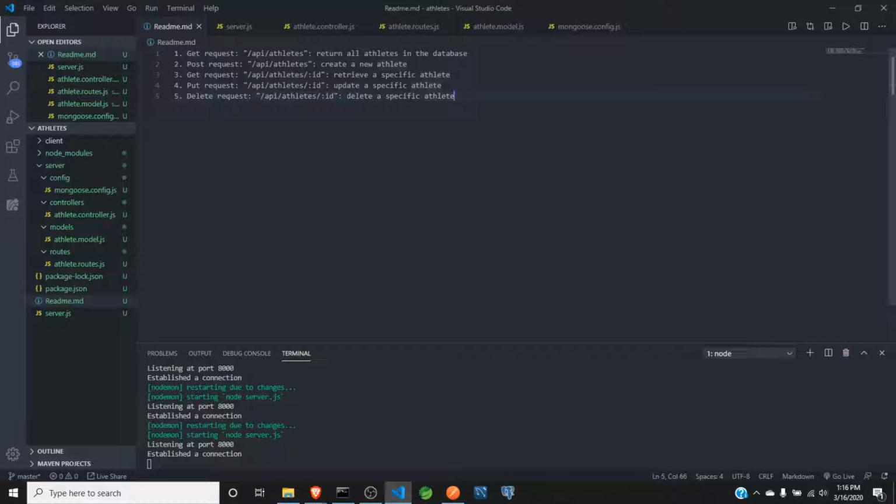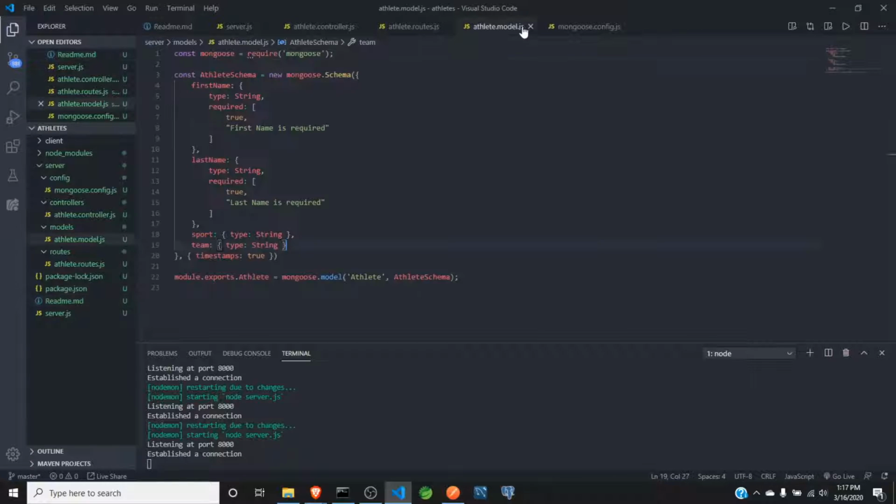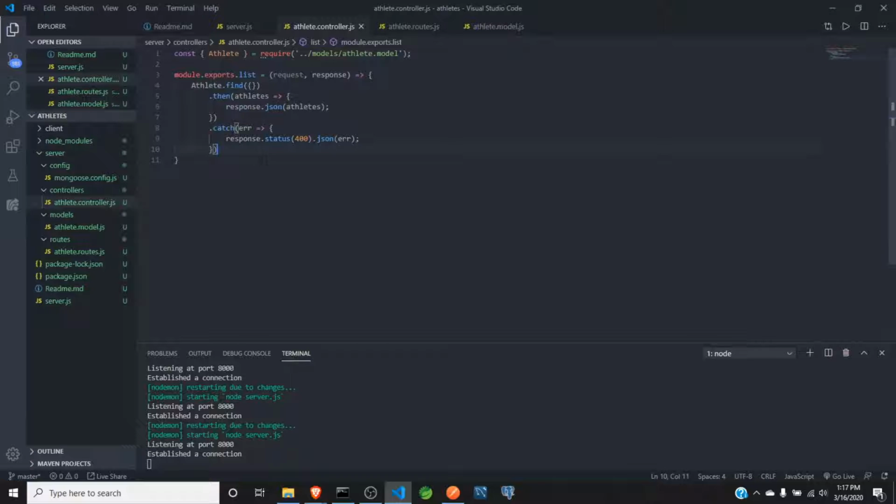Our server-side code has configuration files for Mongoose, a model, a controller, and our server.js, and we just set up this simple get route so that we can get all of the athletes in our database. So now let's create the rest of them. First, let's do the post request, and I'm going to do this by first going into our controller